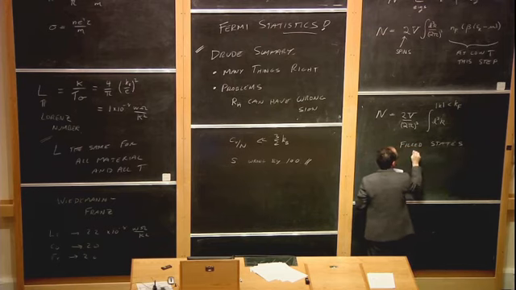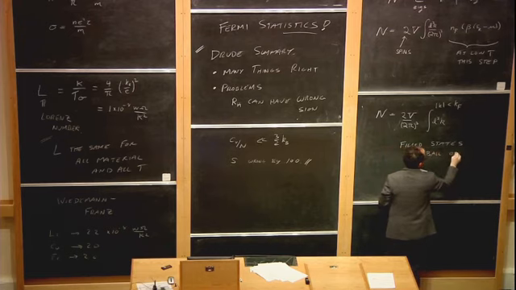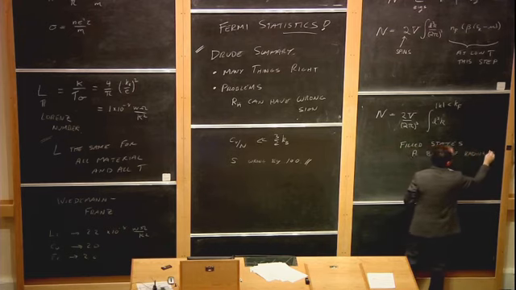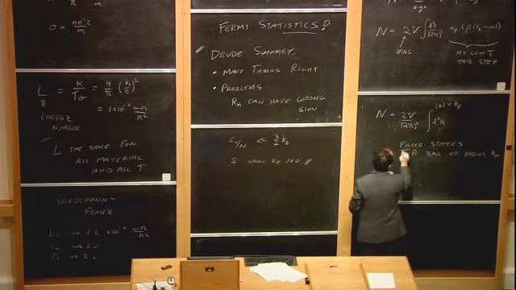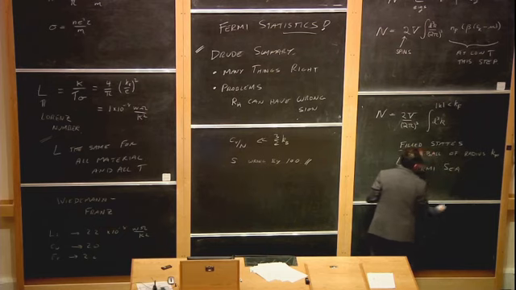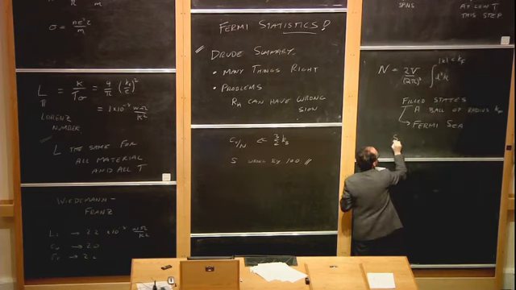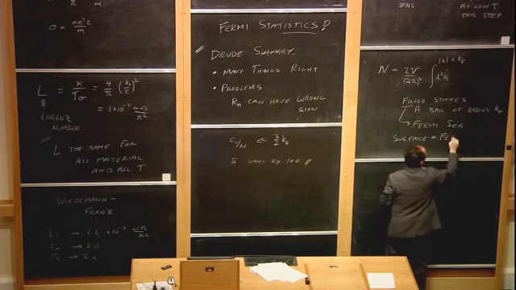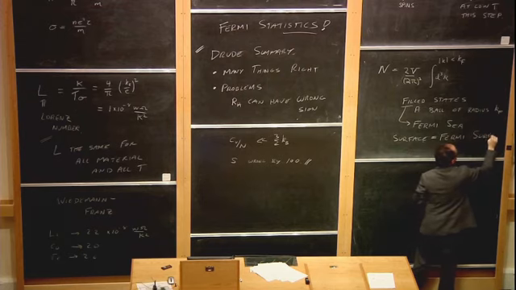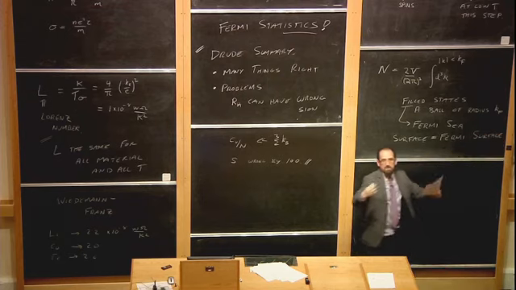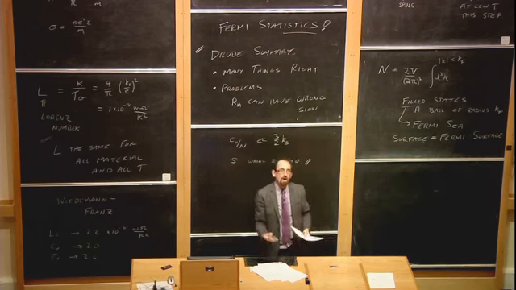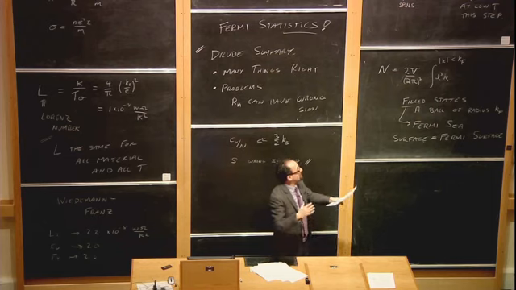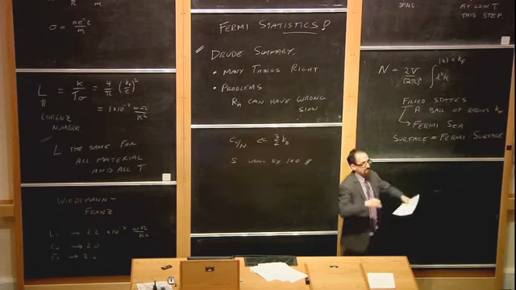Now, what this is telling us is that the filled states here form a ball of radius k_F. And the filled states at 0 temperature are usually known as the Fermi sea. Again, something named after Fermi. And the surface of the ball is known as the Fermi surface. So it's the sphere, and everywhere around the sphere, the surface of this ball, the energies are all E_F. So if you have a sphere of radius k_F, everything on the surface of that sphere has the same energy, and the energy is the Fermi energy.